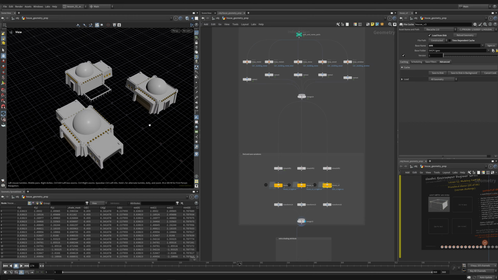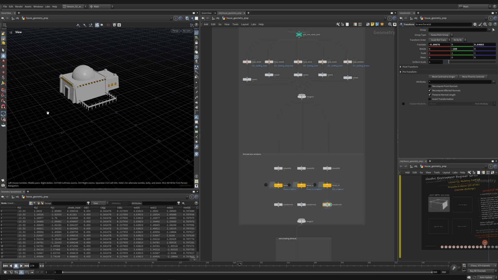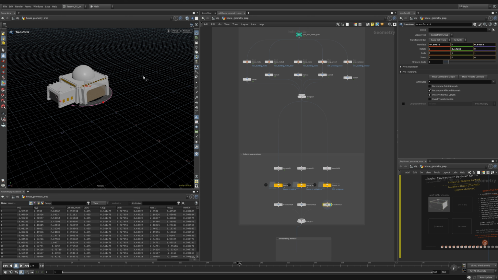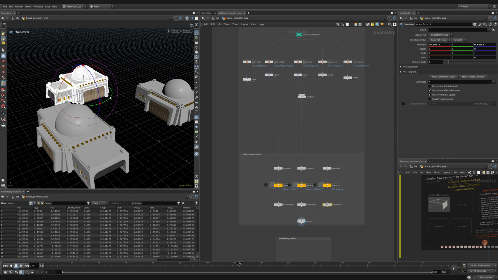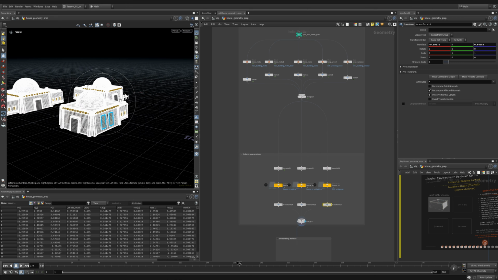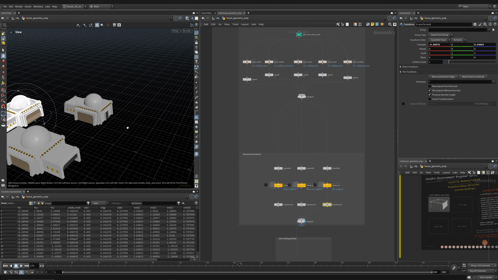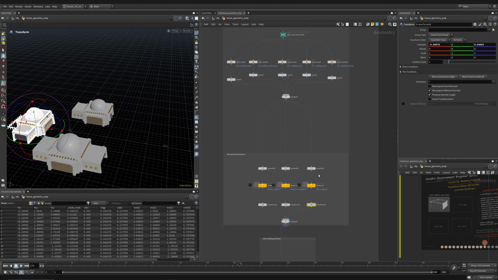Now if I click merge down at the bottom, we can see this is where our newly created houses are. So this is what I was mentioning earlier, when we now have the flexibility to place each of these houses one by one. So if I wanted to keep that facing maybe this direction here, and maybe actually what we want to do is let's create a fourth house. So let's do maybe a house on this side here. And the way we're going to do that